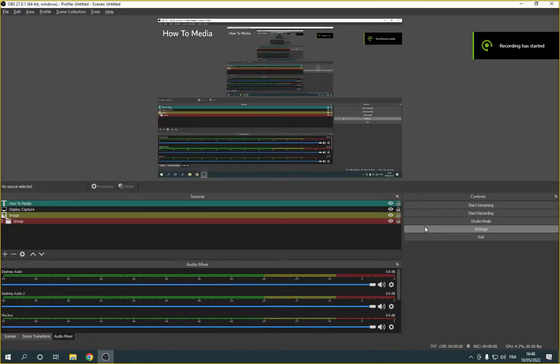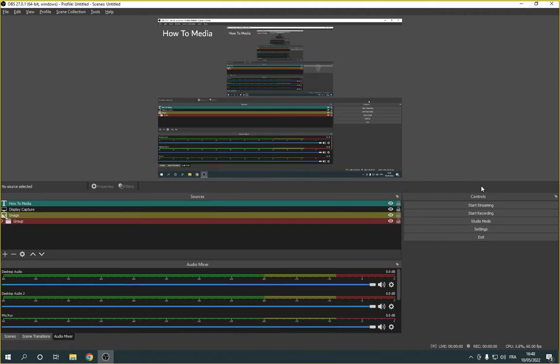How to manage system tray on OBS Studio. Hello guys, so what you have to do is so simple. Go to OBS Studio. This is the homepage of the program, as you can see. Now all you have to do is so simple. Just go right here to the settings down here on controls